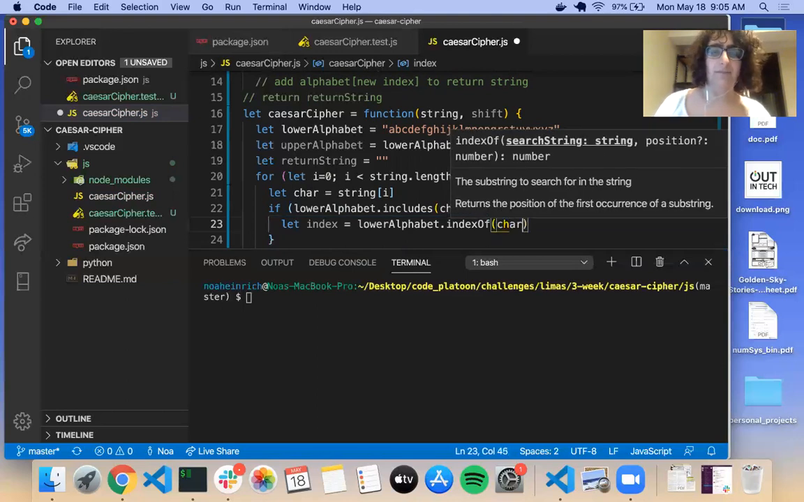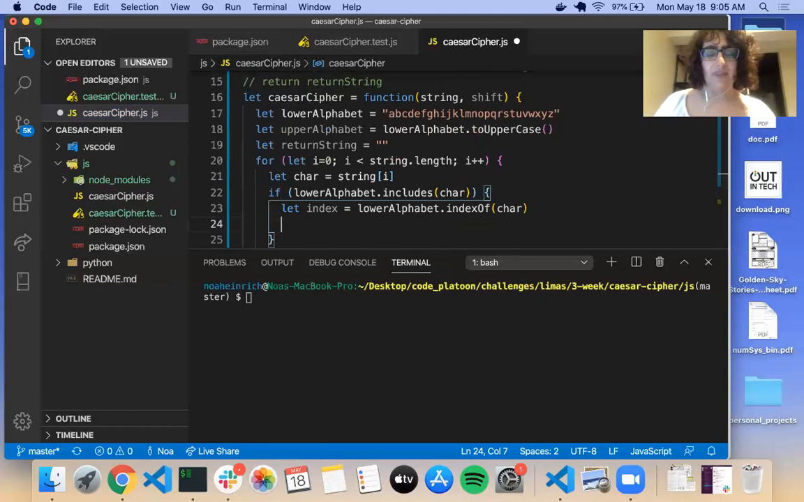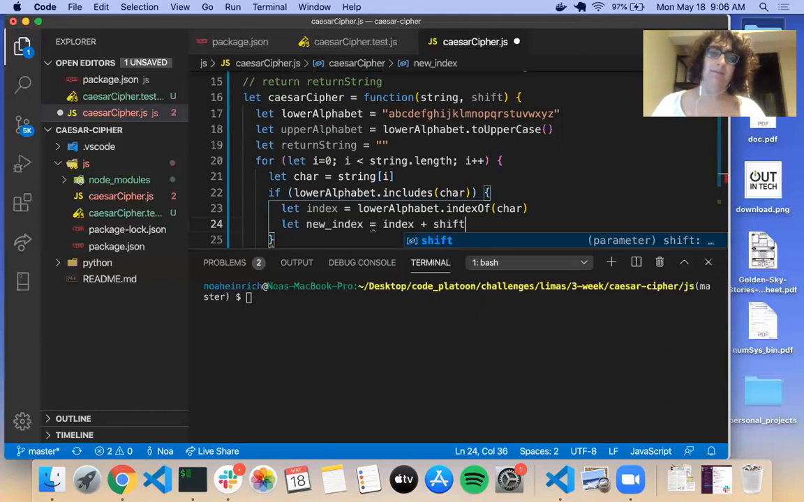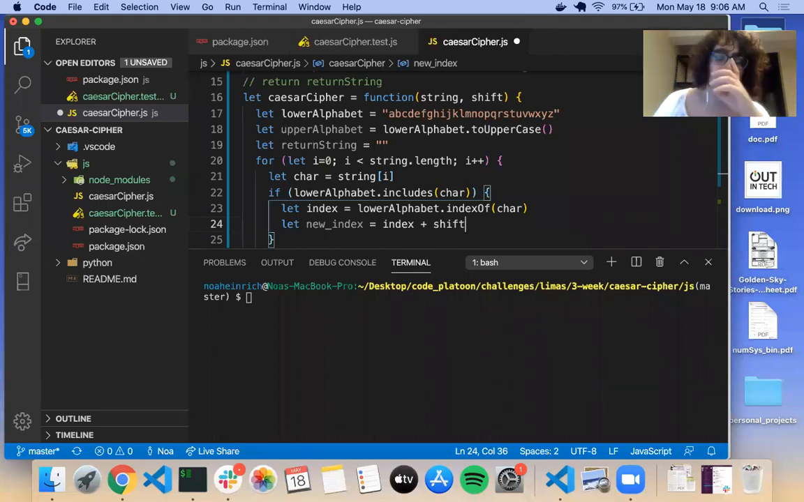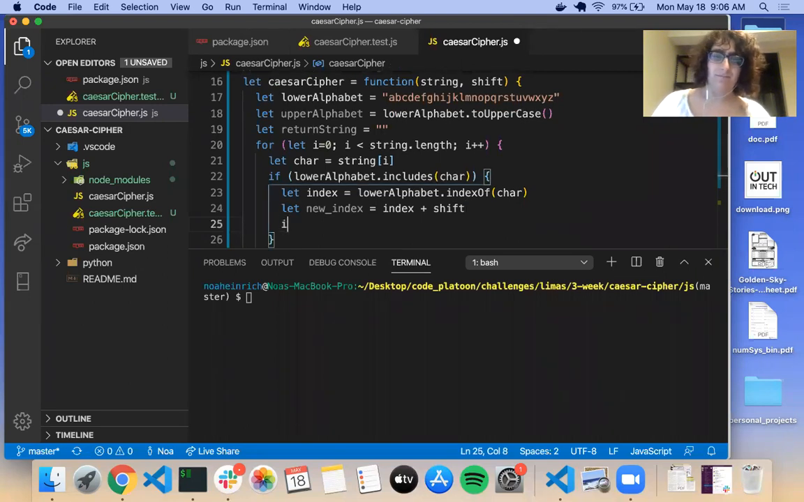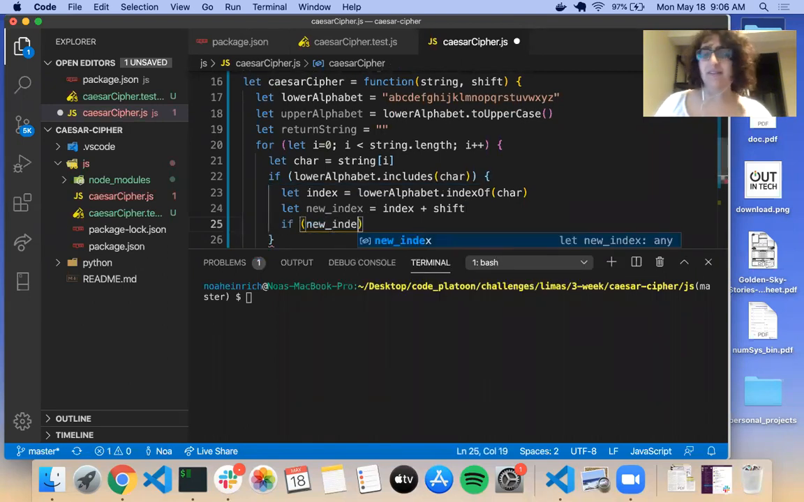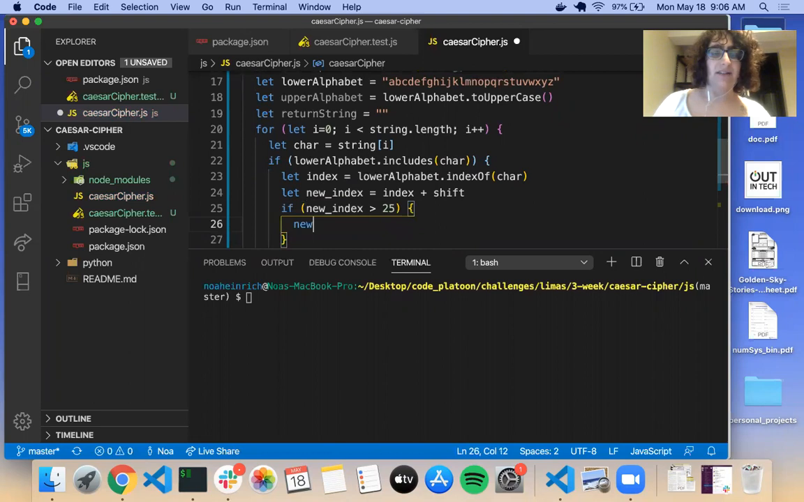Index of char. Then we could say let new index equal index plus shift. And then we need to just do our thing about, okay, is it greater than 25 or less than 0? So if new index is greater than 25, new index minus equals 26,